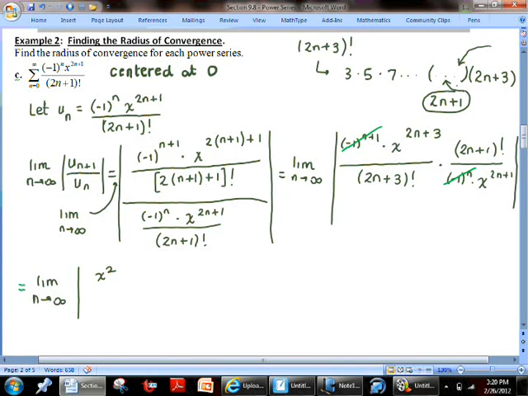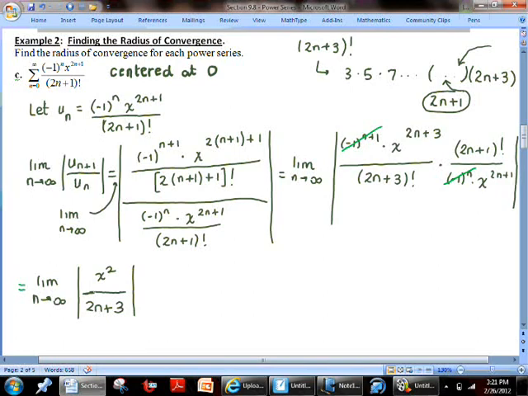Now, in this particular example, if a student were to make the mistake and think that both 2n plus 1 times 2n plus 2 would be the result, it wouldn't necessarily throw your final answer off, as you're going to see in a little bit. But if you want the algebra to be correct, then you really only want to come to the realization that you'll be left with 2n plus 3, is what I meant to say, as the leftover value here, not 2n plus 3 times 2n plus 2, if that makes any sense. Okay, now, in this particular situation, we are going to go ahead and complete our limit problem,